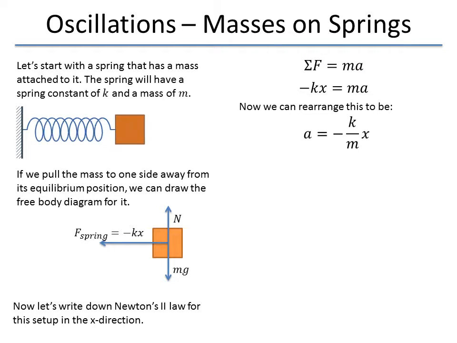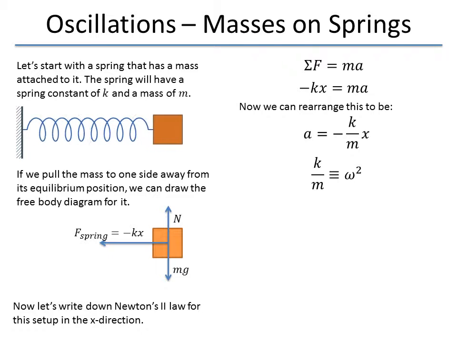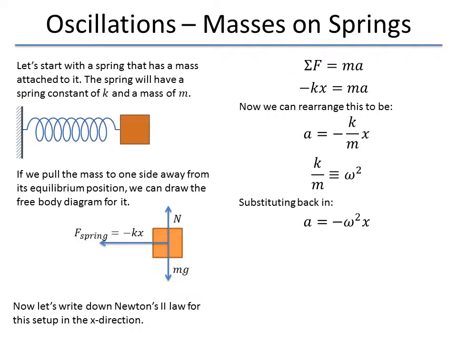So now I look at this equation, I rearrange it, and I notice that I have a is equal to minus something times x. This is exactly the equation that I had before, except I have this k over m instead of that omega squared. So my equation, this acceleration related to the opposite of the position, is going to give me harmonic motion. So I'm just going to define omega squared to be k over m. And when we substitute back in, we come up with that familiar equation. So this equation